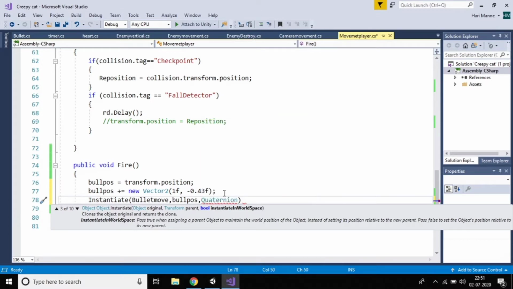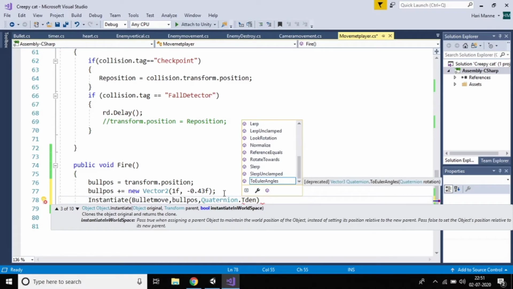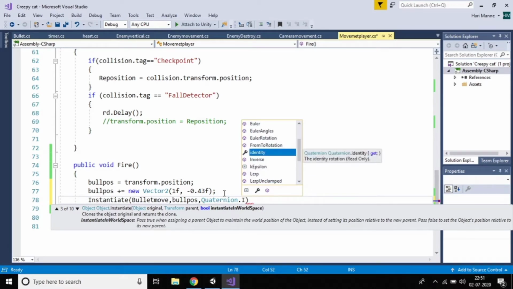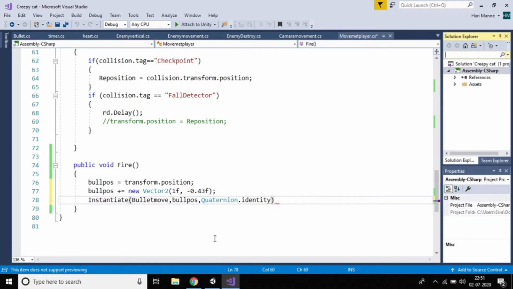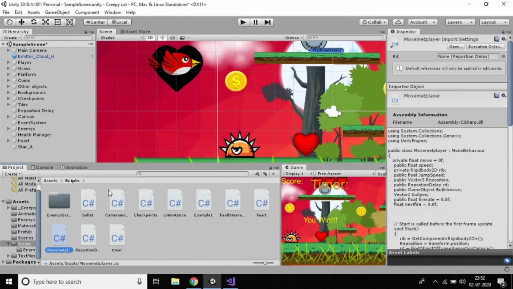So just use that one. If you use this, automatically the bullets will instantiate continuously. Just Control S and now check whether the bullet is coming or not.